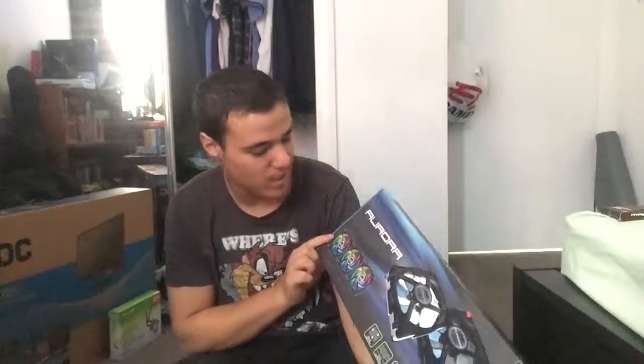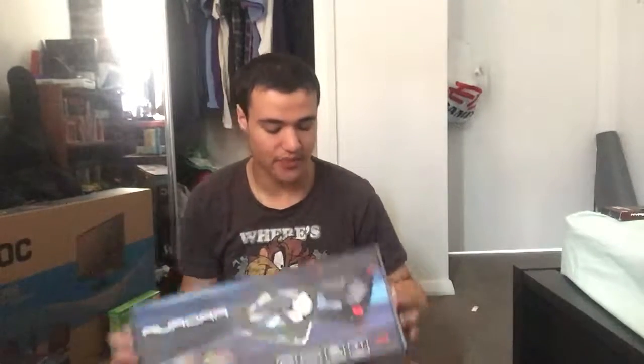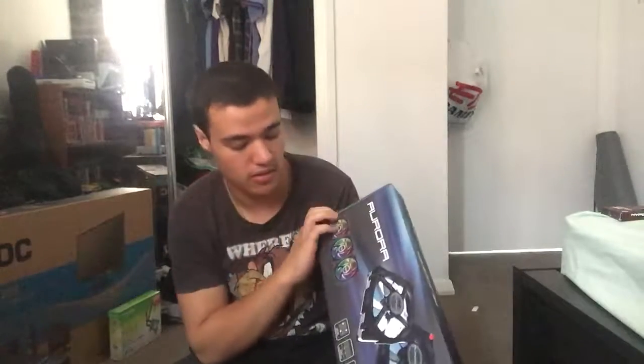fanning. Yay! So InWin Aurora LED 120mm fans and LED strips. So these cost me $100. Comes with 3 fans, 2 LED strips, and this is going to provide a little bit extra cooling and a little bit more light. So I found these, they go well with my case. So yeah, this was $100, and I was like, you know what, sweet, better than buying individual fans for the same price if not more. So next up,